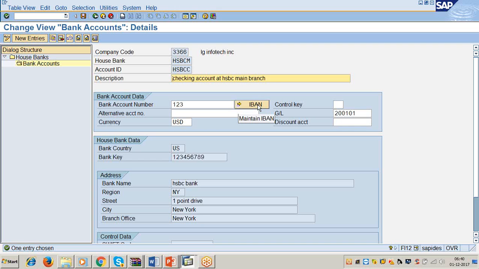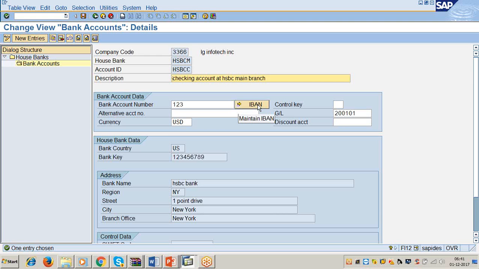IBAN stands for International Bank Account Number, and sometimes it is also called BIC, Bank Identification Code. So this number is very similar to the SWIFT code. The purpose of the IBAN number is to identify the bank, its branch, and its country in international clearing transactions.